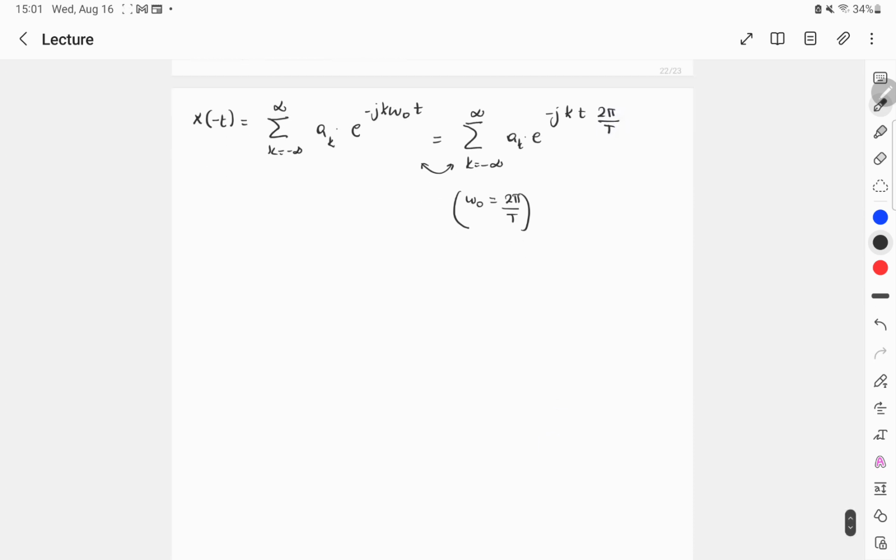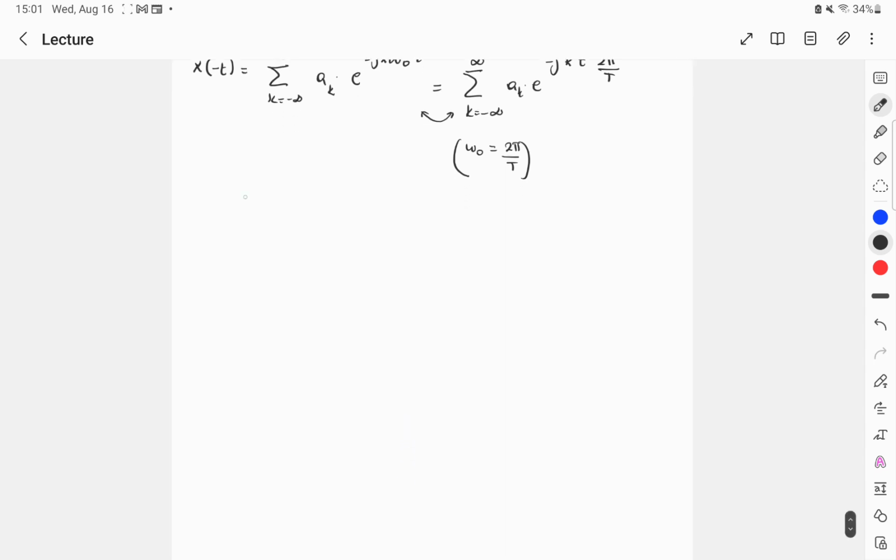Great. Now, what we are going to do here is make a substitution. We will write k equals minus m. Let k equals minus m, and we have another signal y of t,